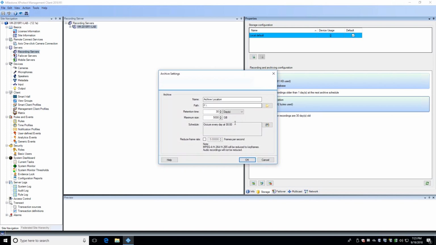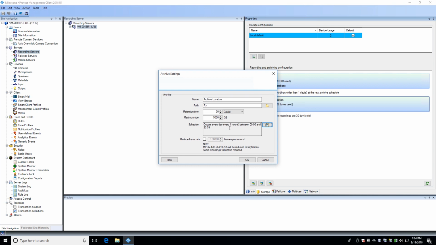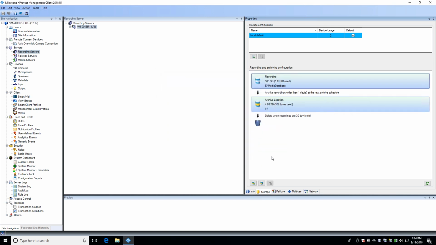In our next example, we'll modify our archive container and set the archive frequency to be hourly instead. This means that every hour the system will check to see if there is video exceeding the retention time for the first storage location. In this case, at midnight on day 1, again, nothing will happen. This is because we still don't have video exceeding 24 hours. However, at 1 a.m., when the archive occurs again, it will detect video, approximately 1 hour's worth, that exceeds the 24-hour retention time, and it will copy that hour over to the archive location, leaving behind our specified 24 hours of video.